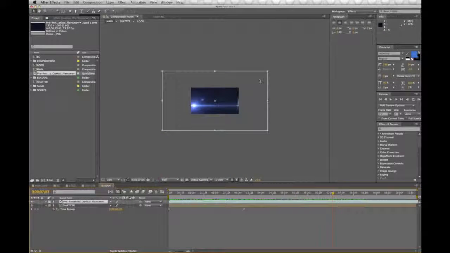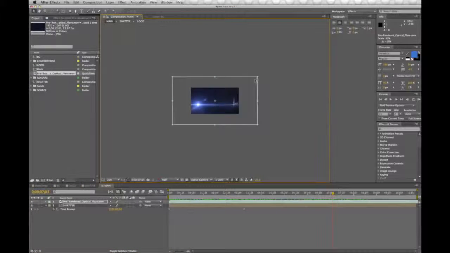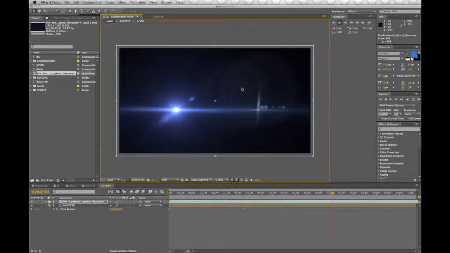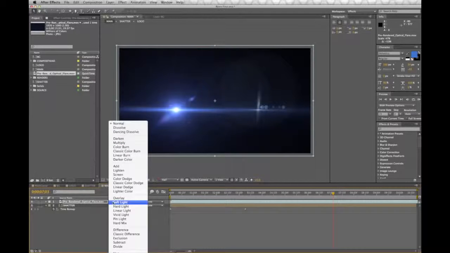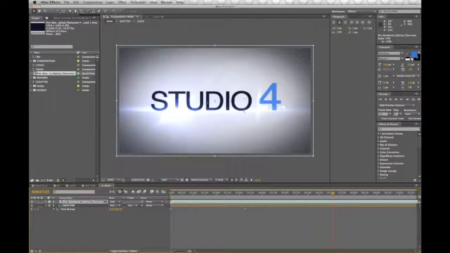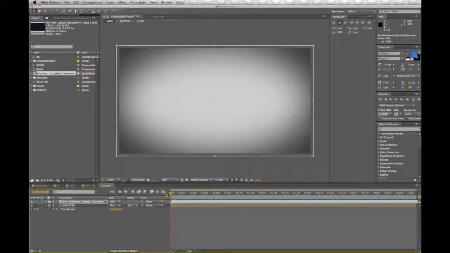Now this is going to be a little bit bigger than our comp, so I'm going to scale it down. If you just hold shift while you're scaling, instead of getting it all messed up like this, it'll keep it proportional. So I'm going to set this to add, and so if we go to toggles and switches here, change the mode to add,